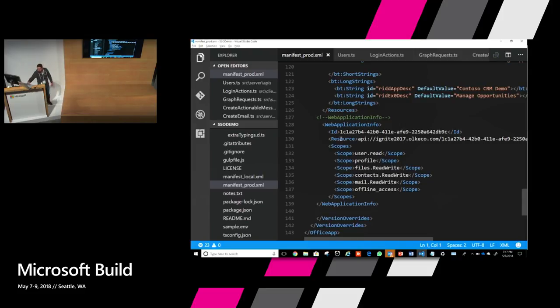And then underneath, the resource is for the Contoso CRM app to determine that. When the initial SSO token is generated, this resource is the audience of that token. So that when the Contoso CRM backend app receives this token, they can validate that, yes, this token is addressed to me. And the list of scopes is used to determine that when the Graph access token is returned to the add-in, it actually has access for these. It can perform these operations.